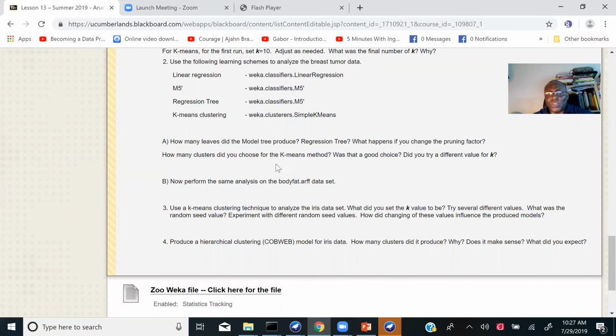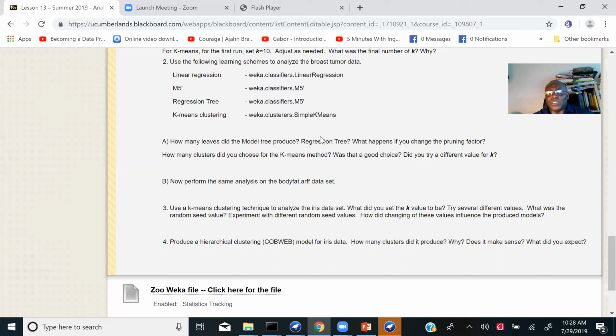Again, please make sure you answer the questions. Using the system or the Weka application is easy. It's step by step. Most importantly, understand what you are doing. Why do you select this amount of training set? Why do you select this amount of test set? Why do you get that output? What is the performance of the algorithm?